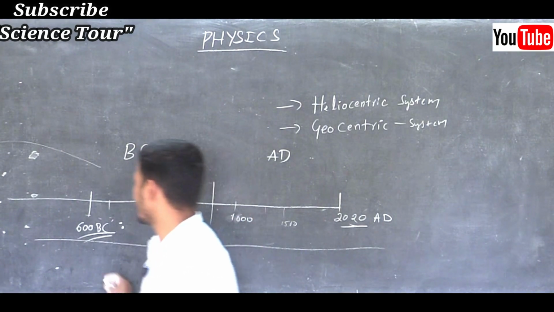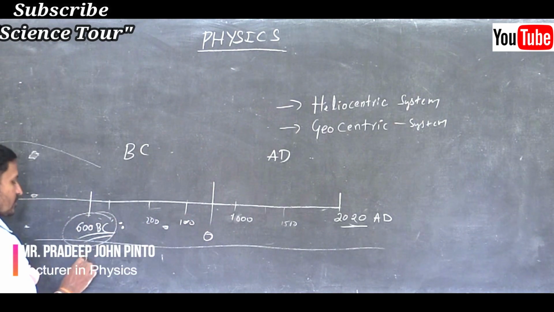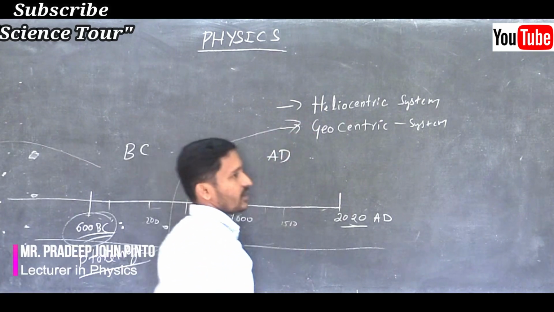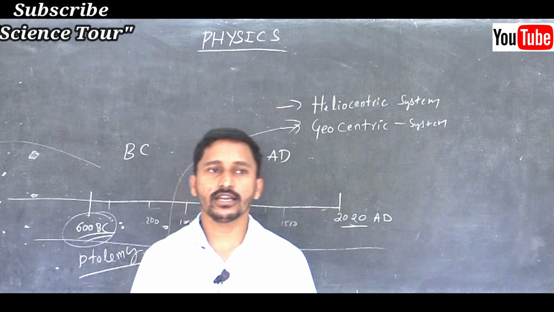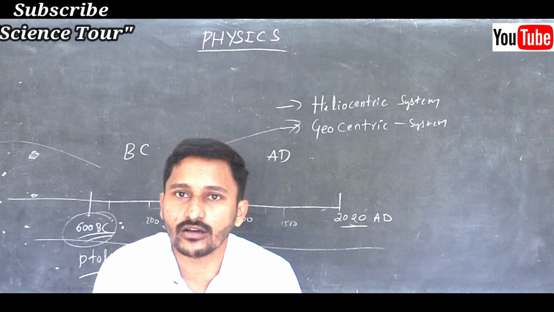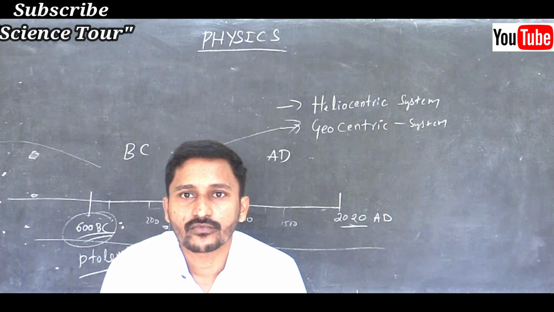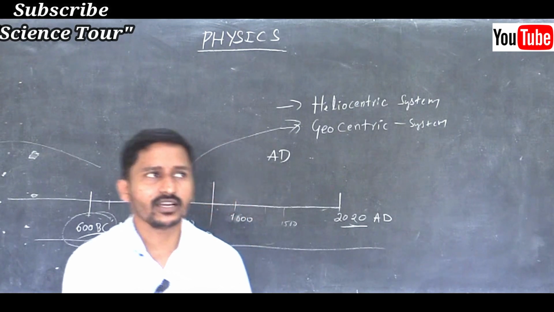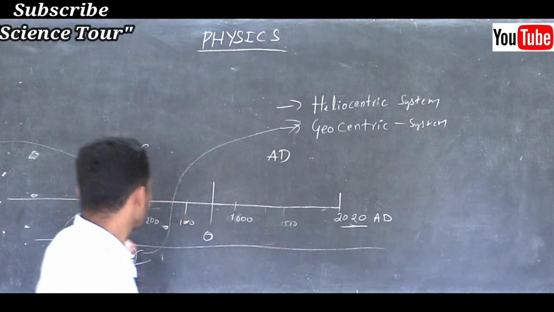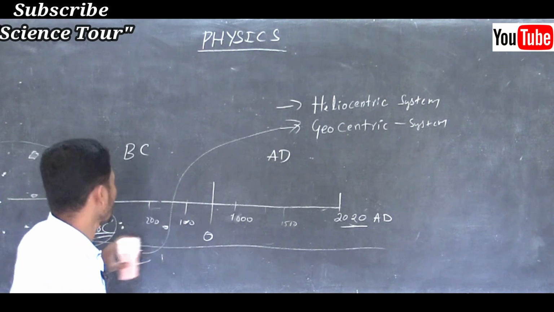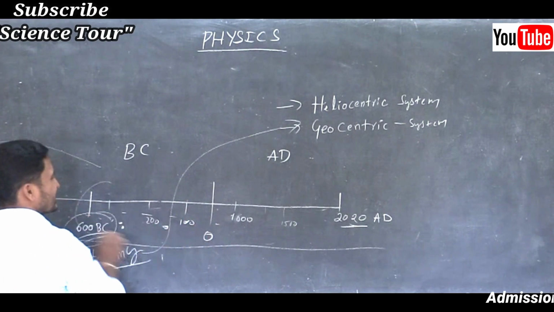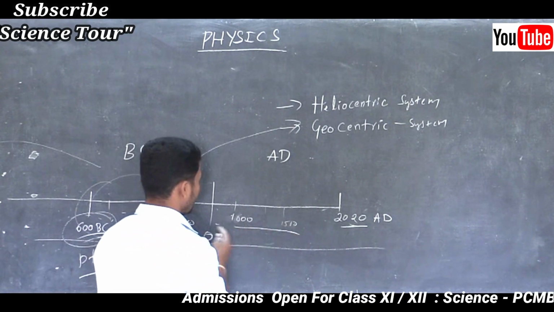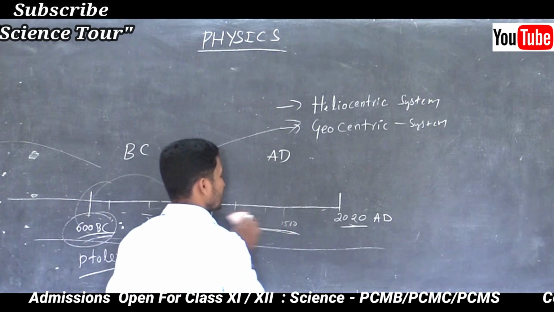So at the first year, at 600 BC, Ptolemy told about the geocentric system, because at that time they believed the earth is the center. There was no technology or reasoning, and proper experiments were not there, so what they told was not actually proper, and not much development had taken place till here. It was just a discussion of whether it is heliocentric or geocentric. But when exactly it comes after BC, here we will come.